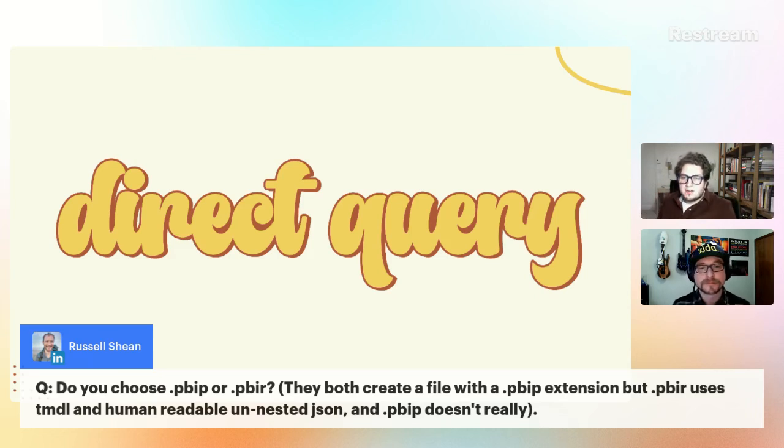They both create a file with a PBIP extension, but PBIR uses TMDL and human readable unnested JSON, and PBIP does not really. So there's a couple misconceptions here. First of all, PBIR is still in preview, and there's a lot of limitations on the PBIR format that will make it really difficult to use it